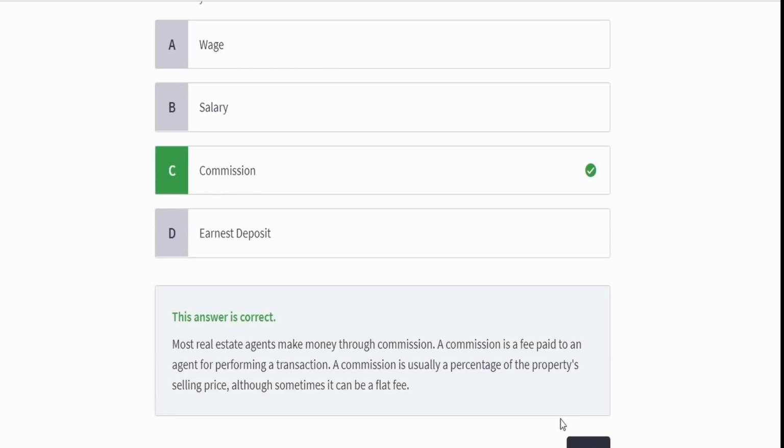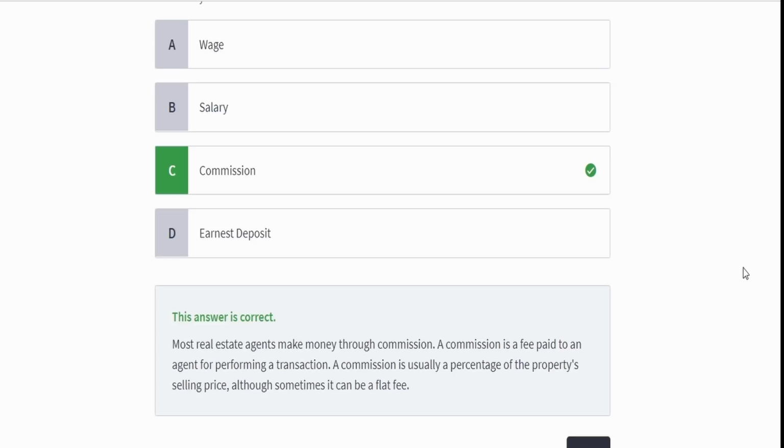And you know what? I apologize if I said this was easy, because sometimes I forget that this stuff is new to some people as well. So let me just take a moment and apologize for that. I didn't mean to offend anybody there. Because obviously this stuff is confusing no matter what. You could have put earnest deposit here, because some people might think, oh, well, maybe the earnest deposit is the commission, things like that. So I apologize for saying it like that.